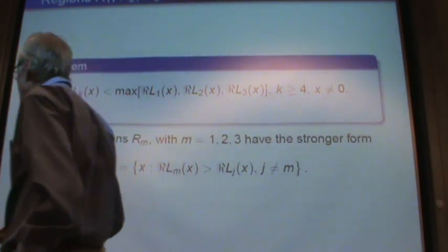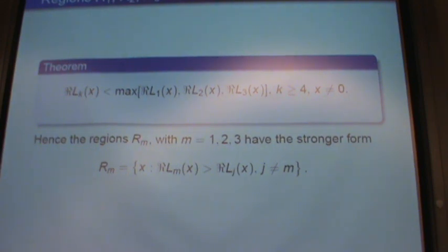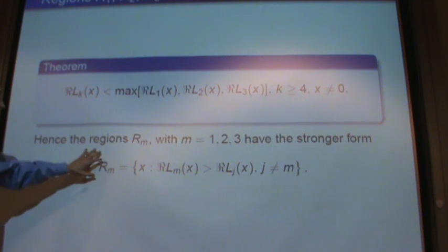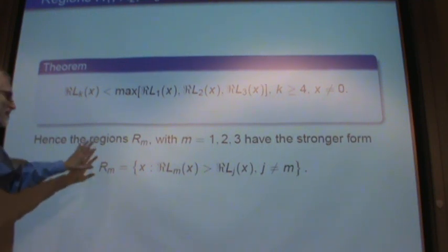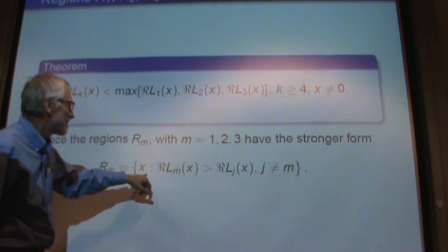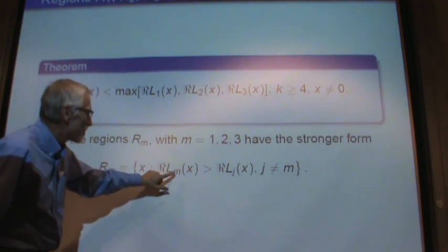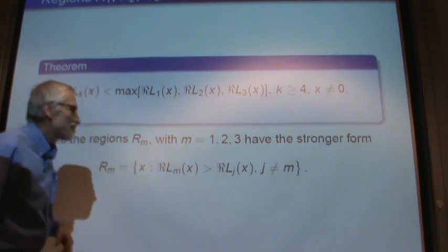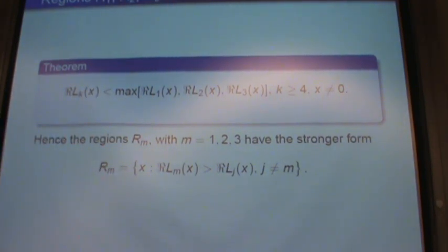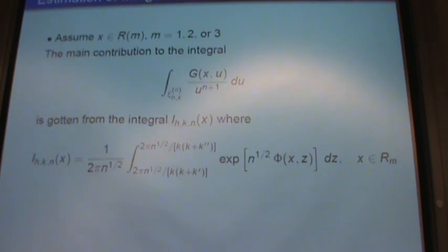All right, so the reason I introduced earlier was the comparison among the first 3 terms of that sequence. There's a stronger definition: if m is equal to 1, 2, or 3, then in that region the real part of L_m dominates all the other terms of the sequence. Not only does it dominate the other two of the first three, but also all the rest of the terms. All right. Then,